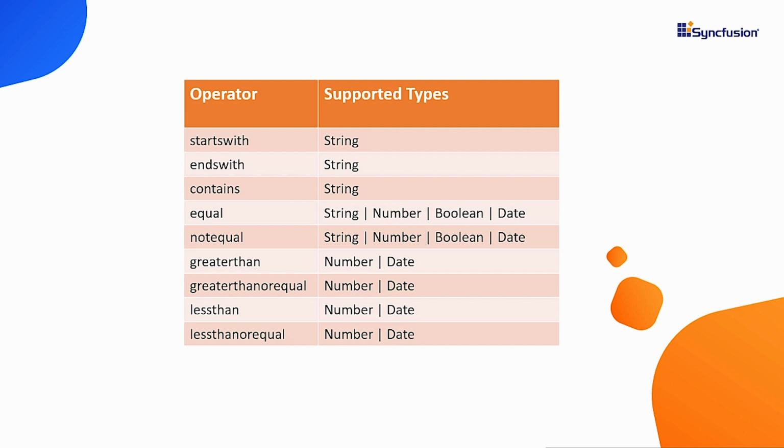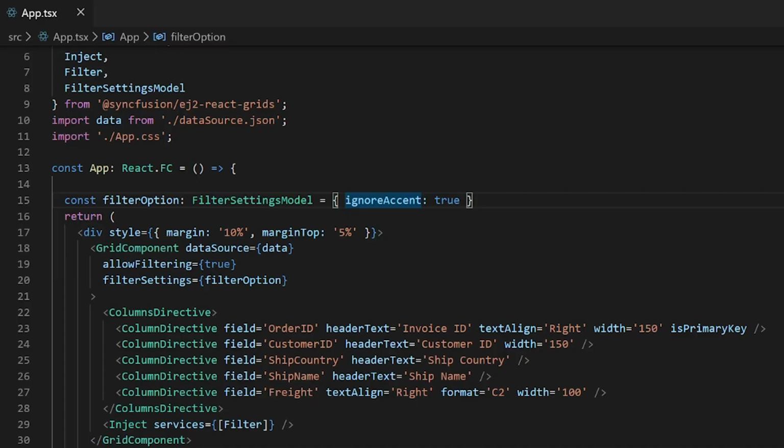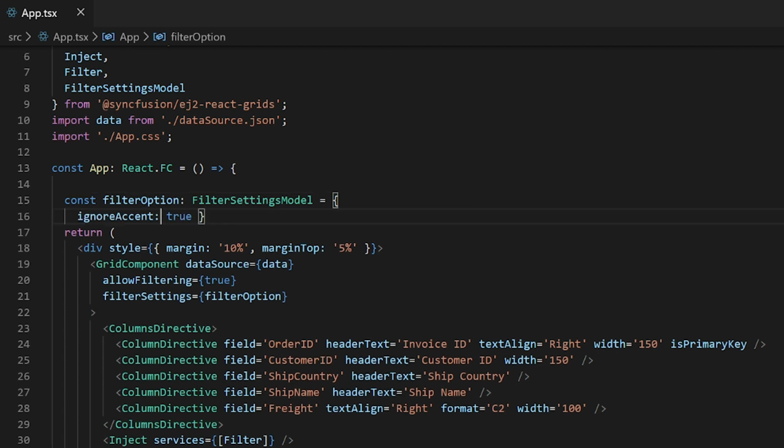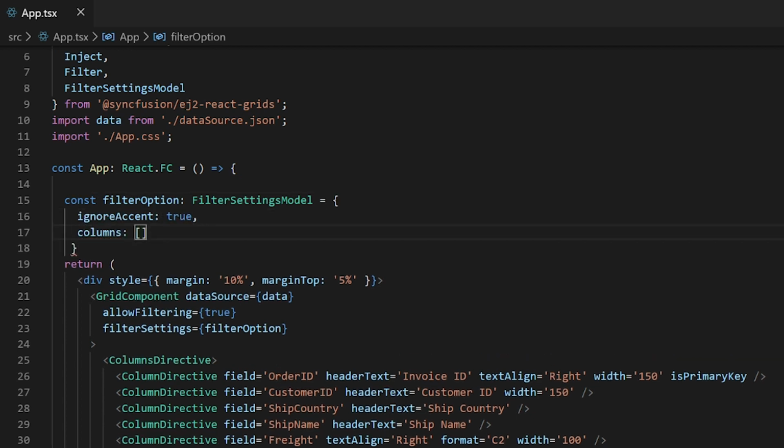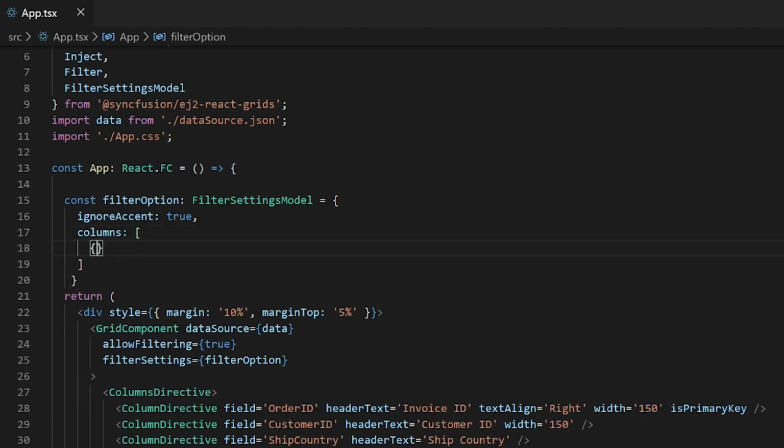In this example, I will use the starts with and ends with operators. In the filter settings constant, add the property columns that accepts an array of grid fields where I will add the filter conditions. I will first add a property field and its value customer ID. Then an operator property with the value starts with, and finally a value property with the value j.